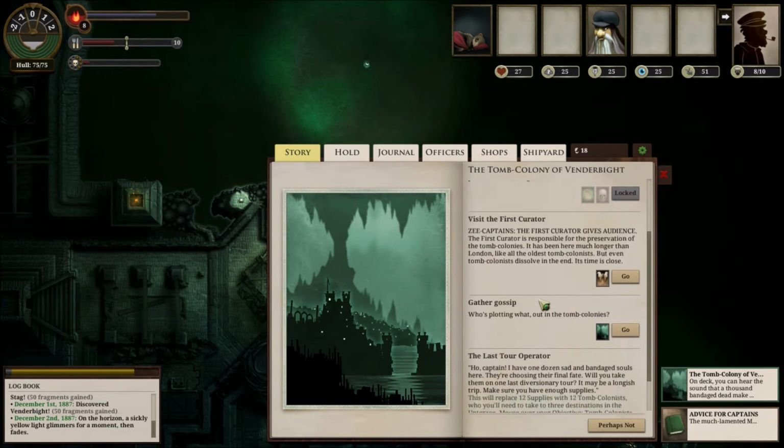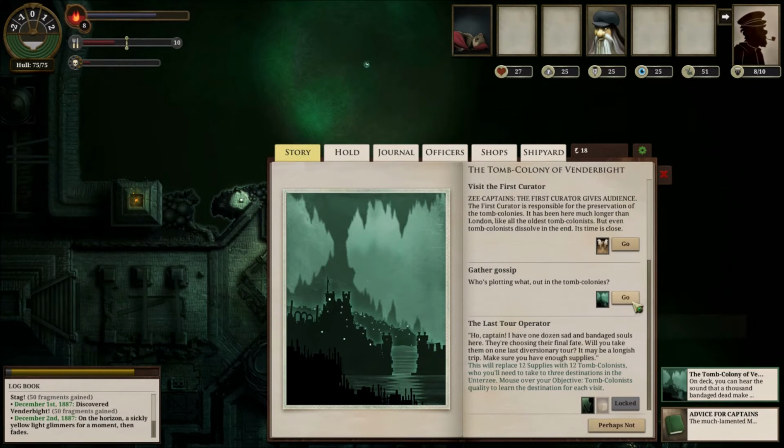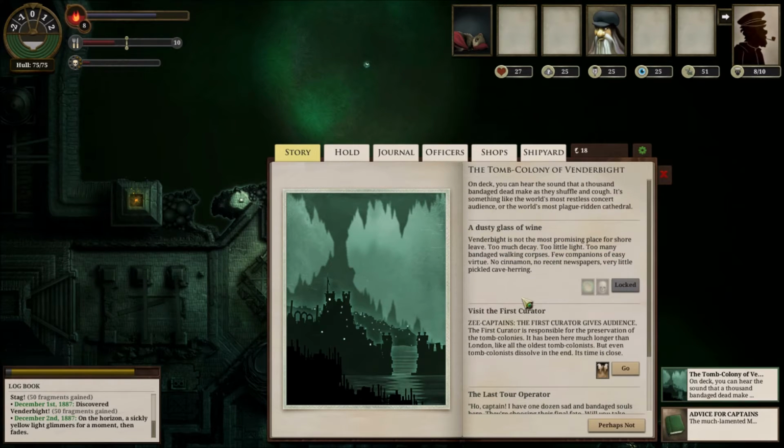Alright, let's take another look at the tomb colony before we leave. The first curator, we could visit him. We could gather some gossip, which will be the port report, I believe. Bingo. Port report, Vendor Blight. We'll get that back to London. And finally,